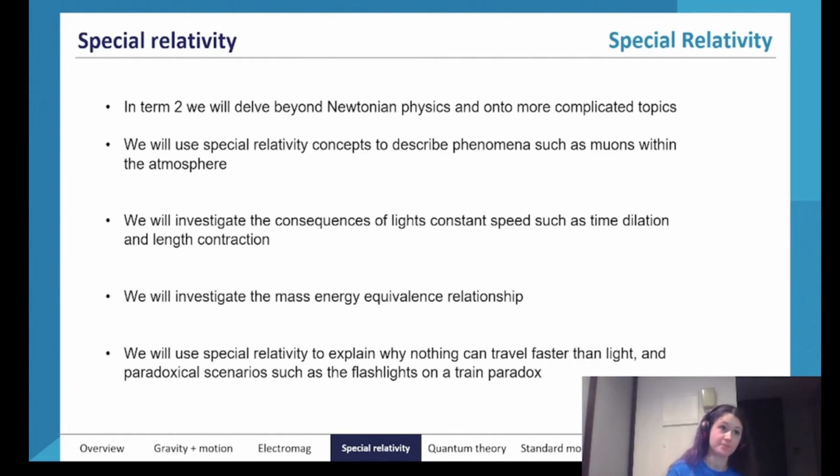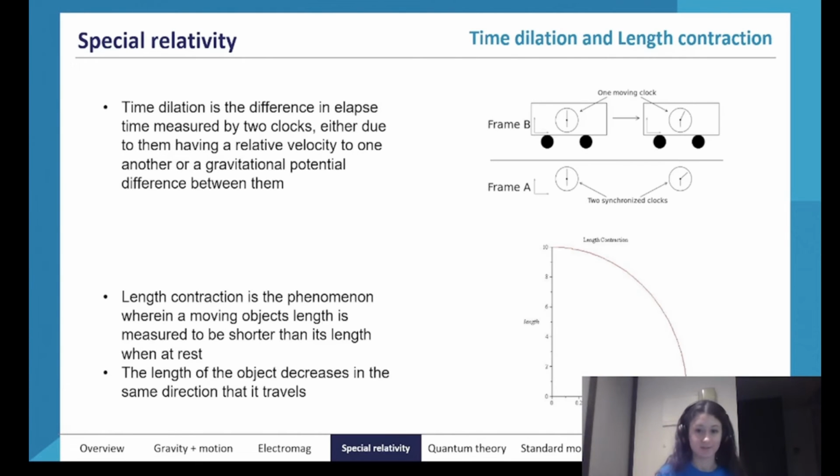In my opinion, special relativity is like the coolest topic for Year 12 physics. It's just really interesting and really, really wacky at first, but it's actually really interesting. I really enjoyed learning it. And I couldn't say the same about some of the other elements of physics. Not that I didn't enjoy them, but they were kind of like, oh yeah, projectile motion, but special relativity is cool. Okay, I'm excited.